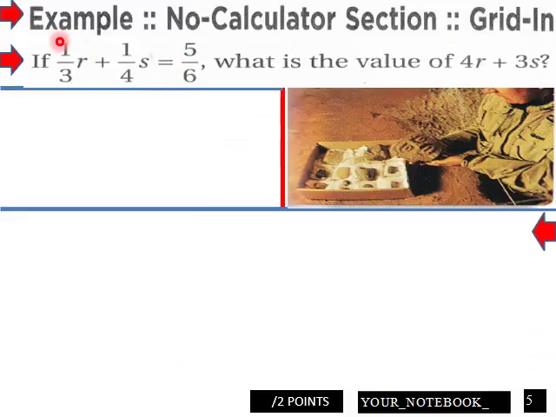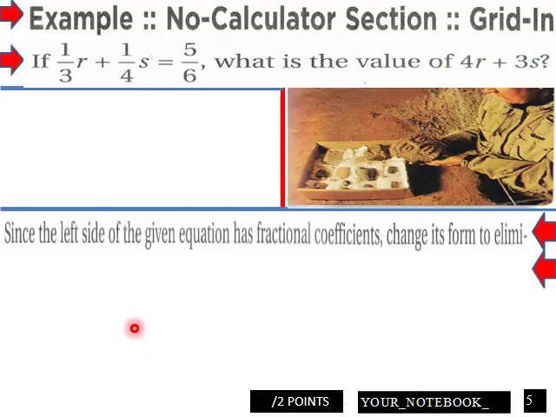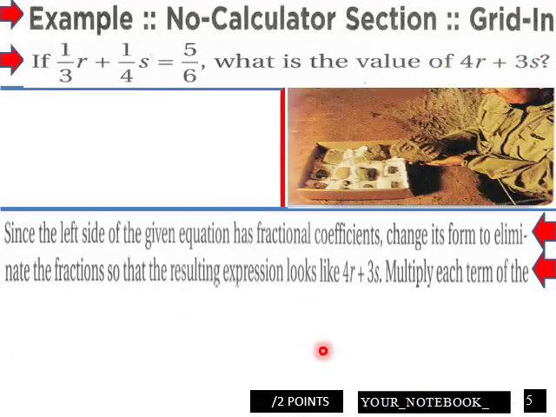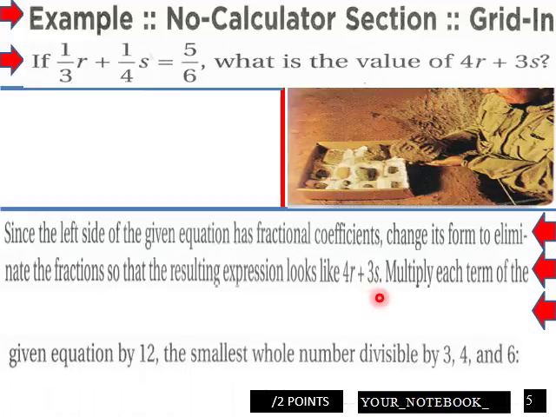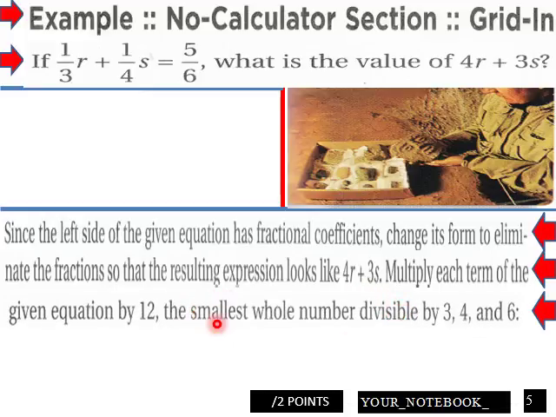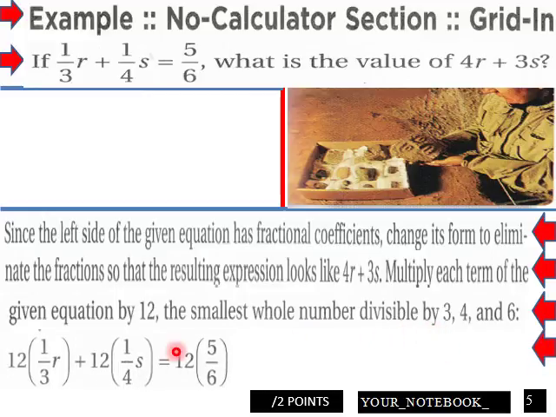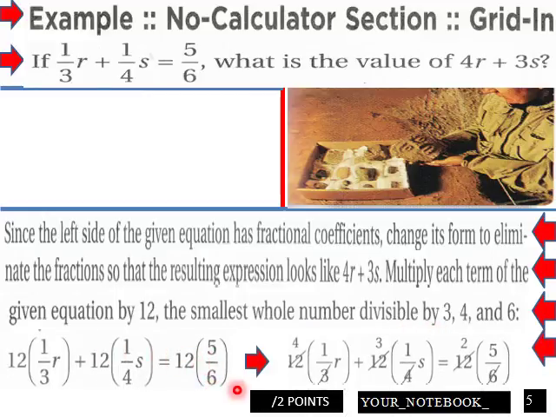Page 5 of this: if 1/3 r plus 1/4 s equals 5/6, what is the value of 4r plus 3s? Since the left side has fractional coefficients, change its form to eliminate fractions. It looks like 4r plus 3s, given the equation multiplied by 12, the smallest whole number divisible by 3, 4, and 6. So we multiply through by 12. This gives us